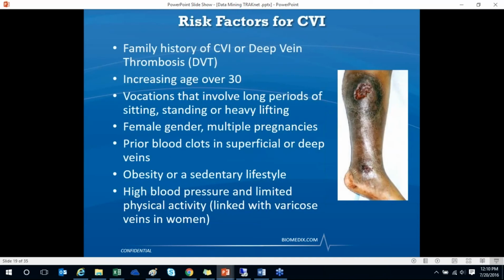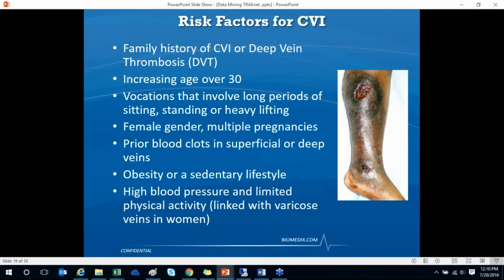Here we have a list of risk factors for CVI. Your patients that have a family history of CVI or deep vein thrombosis, patients that are 30 years or older, patients that stand for long periods of time, sit for long periods of time, or do a lot of heavy lifting, your patients that are female, especially those that have had multiple pregnancies,